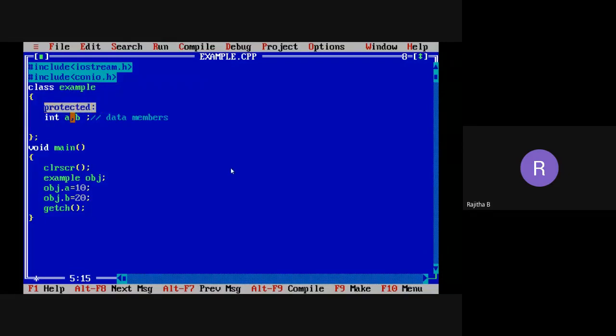Now I want to assign values to these data members in the main function like obj.a and obj.b. I'm assigning some values 10 and 20 to A and B. Now tell me, can I access A and B in the main function? Can I access the protected data members in the main function?